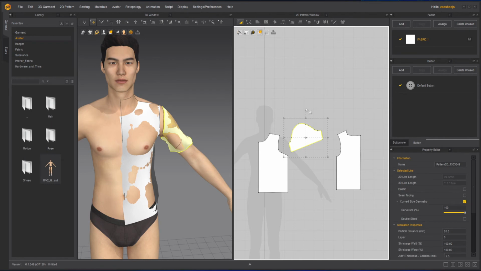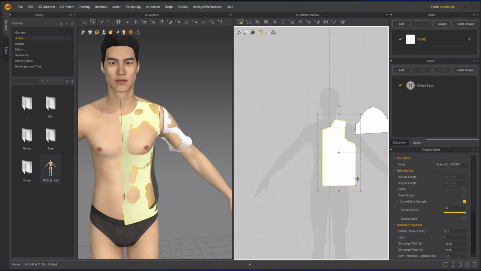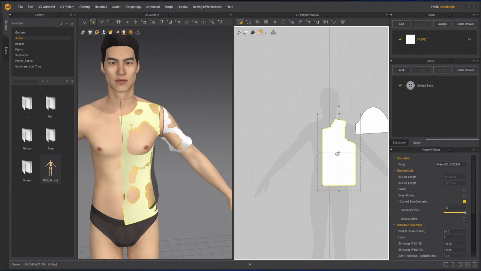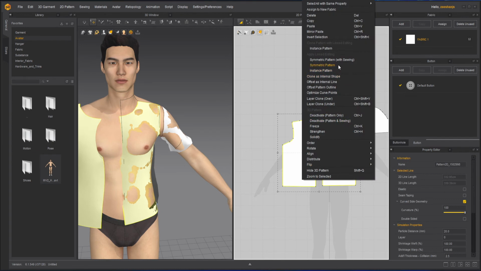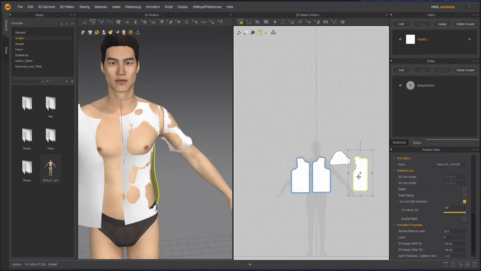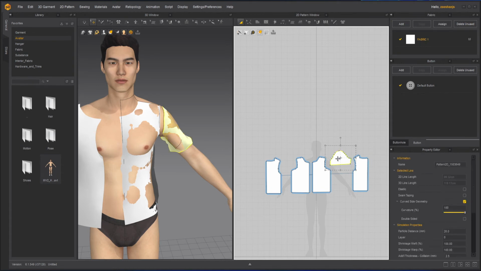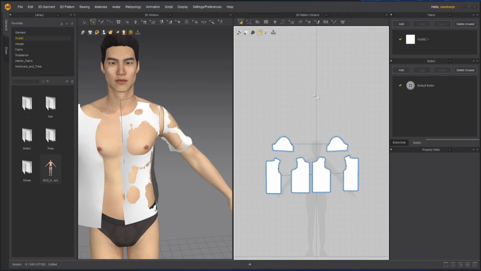That's it. Now, let's do a little bit of rotation here. Simple, what I have to do now is take this part, okay? Then I will make a symmetry out of it. Control C, Control R, put this here, select both of them, okay? And then symmetric with sewing, this one as well, okay? Control C, Control R, mirror paste, and then select both of them. Symmetrical, Control C, Control R, okay? Then here. So